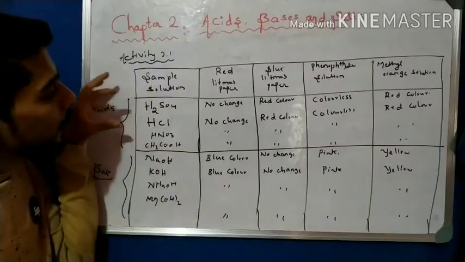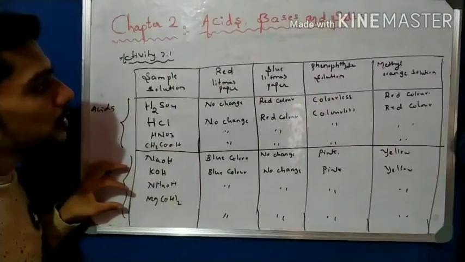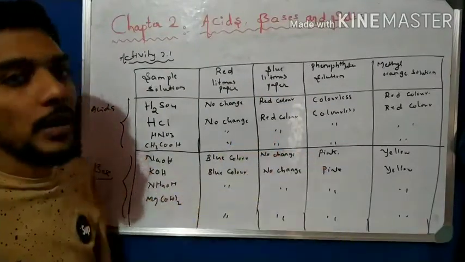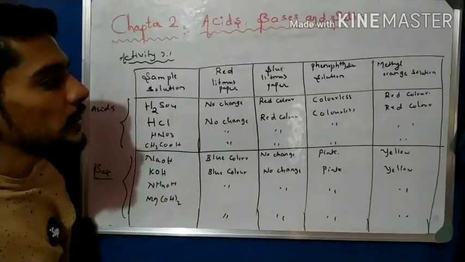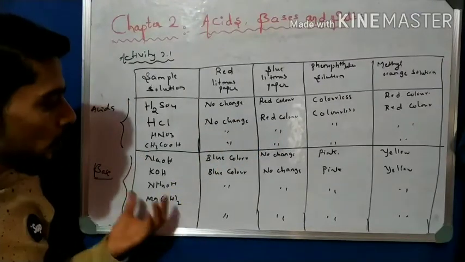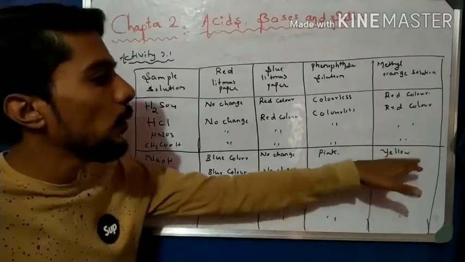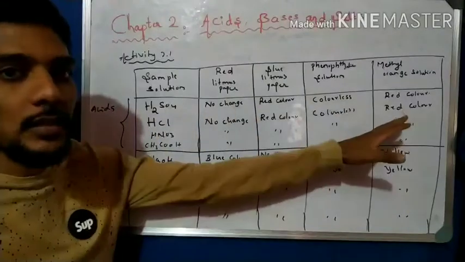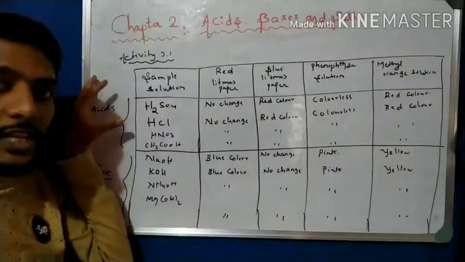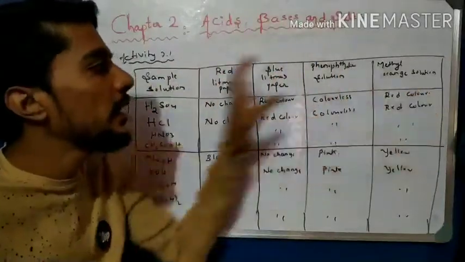In acid, what is the color of red litmus, blue litmus, phenolphthalein, and methyl orange, and in bases, what is the color of red litmus, blue litmus, phenolphthalein, and methyl orange. So it is very easy, there is no difficulty. Maybe you get stuck on methyl orange, sometimes you forget pink, yellow, red, yellow. Practice it. Red means danger, so acid is danger. There is a link: red color is also used for danger. So acid is red, like that.